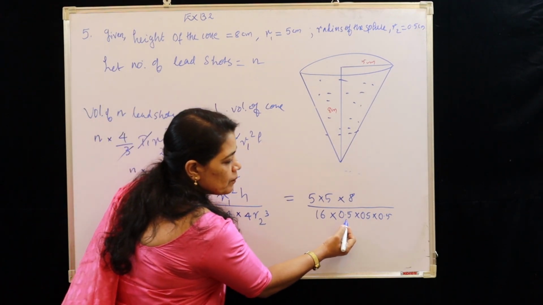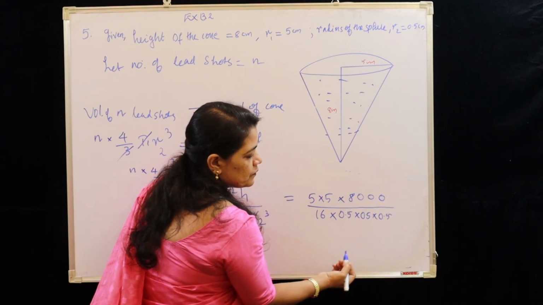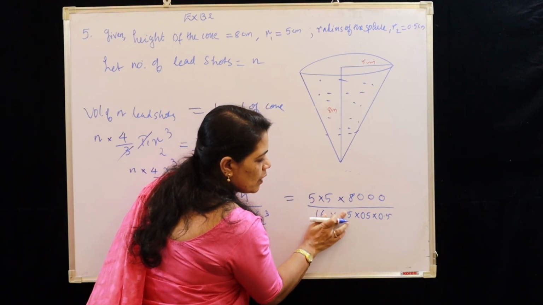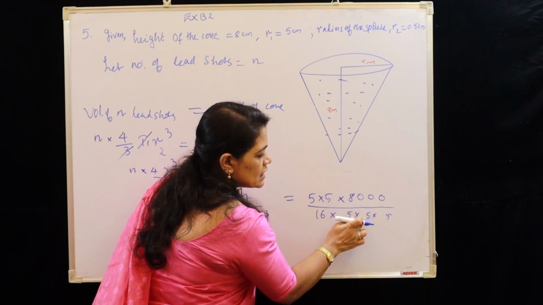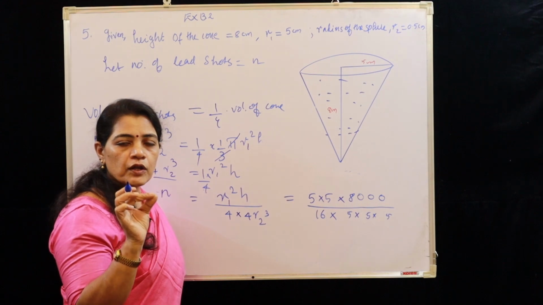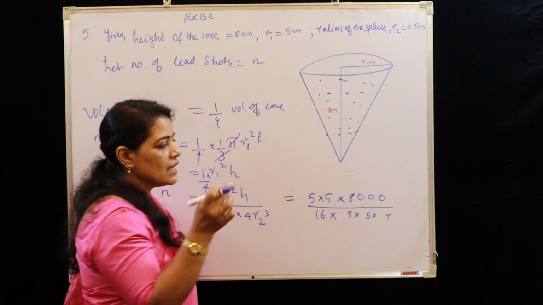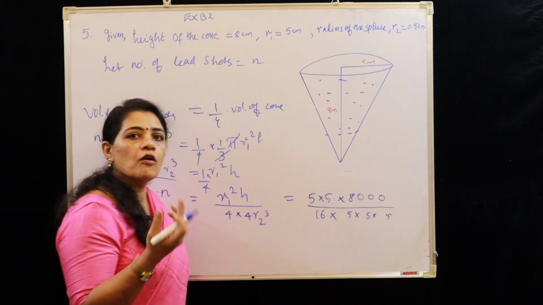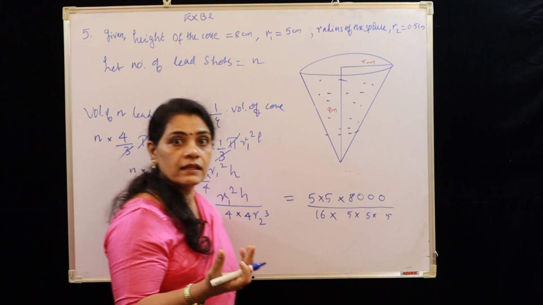Okay. So, I am keeping here 0, that is 10 and 10 and 10. So, what happens? This will become 5, 5, 5. The step is clear, children. So 0.5, 0.5, 0.5 now become 5 into 5 into 5. At the same time in the numerator we have multiplied with 1000. That is why 8 becomes 8000.